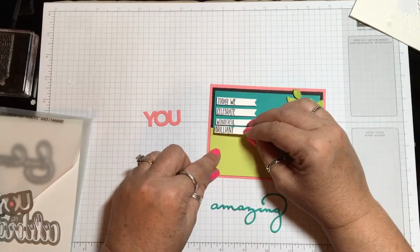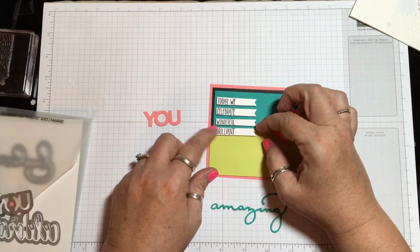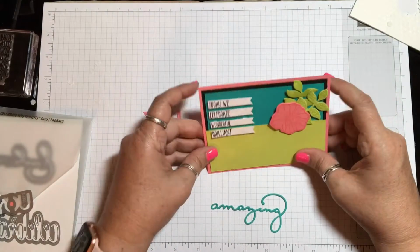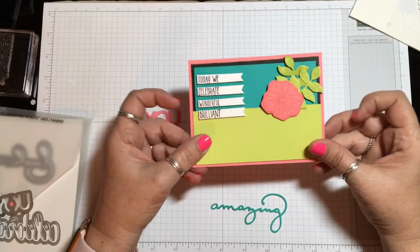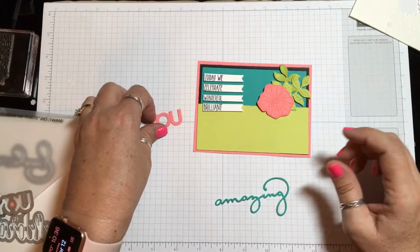And then I'm going to lay it down just like this. It's a little crooked, but that's okay. So far, so good. No problem. Okay. All right, so the next thing I'm going to put on there is the U, but I'm going to